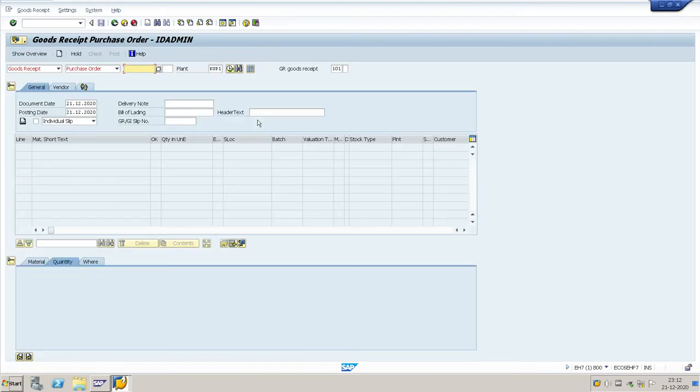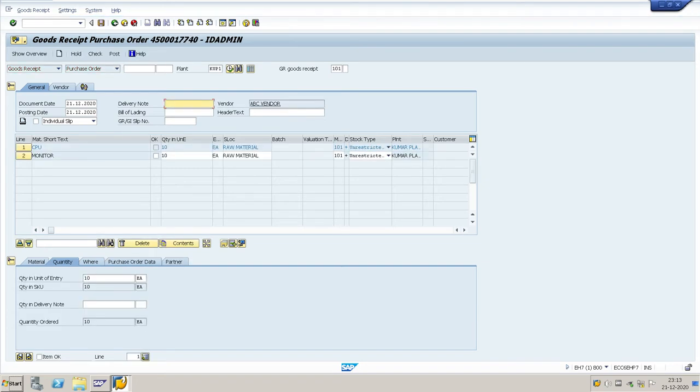My SAP server is getting slow. Enter the purchase order number, select the quantity, and post the GRN.